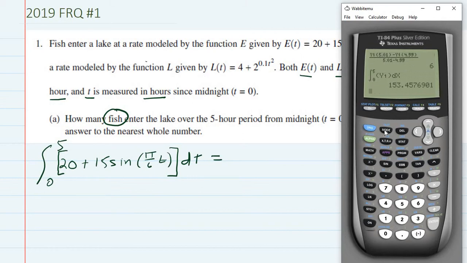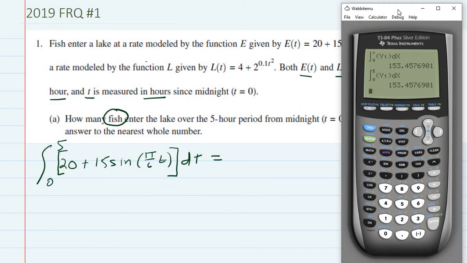Now, what we do as we come back here, we are going to integrate. I'm going to pull this up again and show you how to integrate numerically. I'm going to hit Math and 9. That pulls up my numeric integration function, and I'm integrating from 0 to 5, and I just have to refer to Y1. So I can do Alpha F4, Y1. The variable as I entered it in was x. Hit enter, and indeed we get an answer of